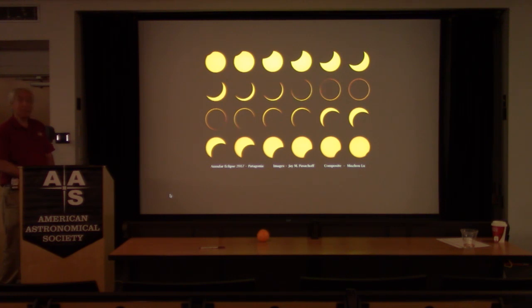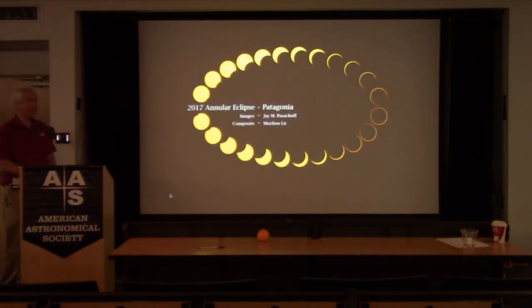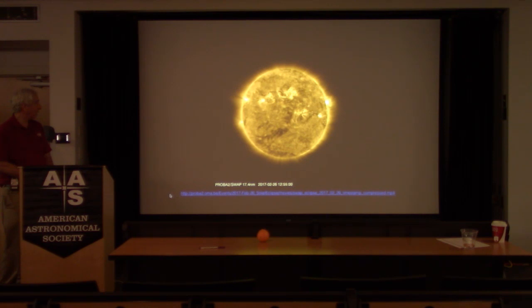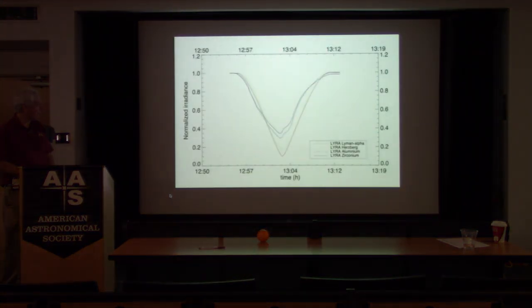So we do have these assets in space from up till now from NASA and the European Space Agency. This Proba 2 has on it, in addition to that SWAP camera, some measurements in the ultraviolet, the Lyra instrument, and here are different wavelengths in the ultraviolet and the normalized irradiance over time. And Solar Dynamics Observatory was not in a position to see the eclipse, but did follow the sun. Here's an overlay of several different wavelengths. You can see a coronal hole coming out there at the time of the eclipse, and DSCOVR did get the shadow going across,